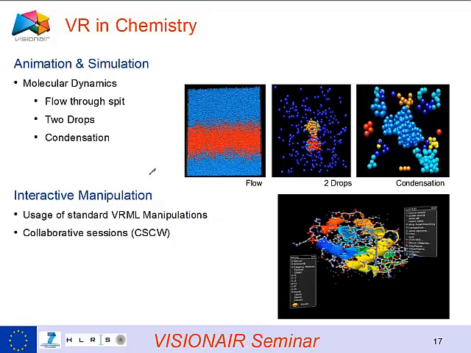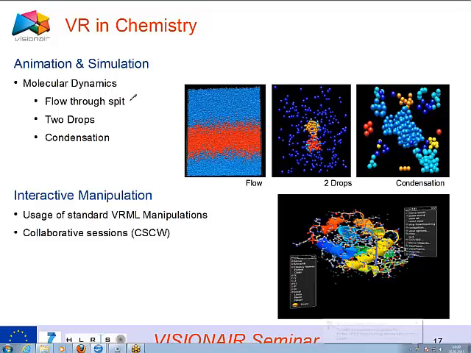So on the next slide, you can see another possibility for animation and simulation capability in CoWise. This is used especially for molecular dynamics. I rendered a few pictures out of the cave yesterday. For example, this is a distribution of molecules flowing through a slit. You can see the molecules coming out of the slit and distributing to